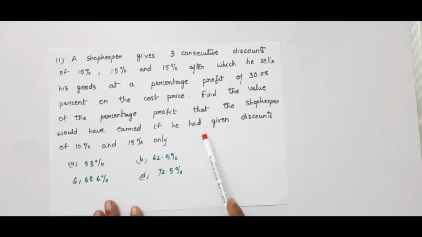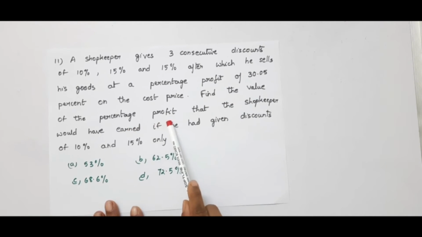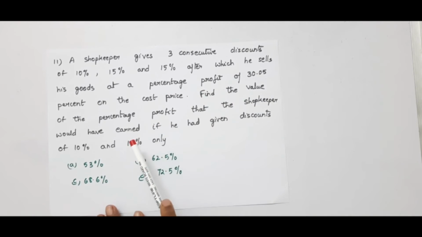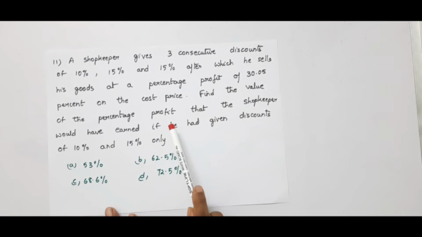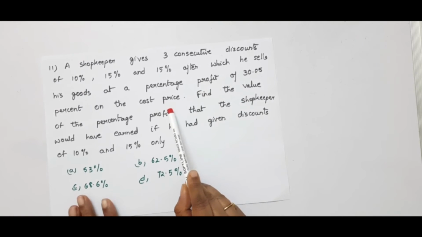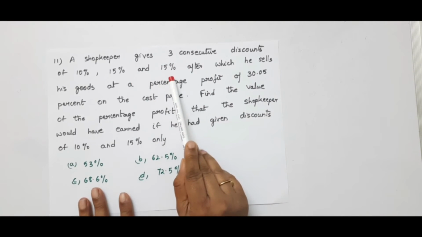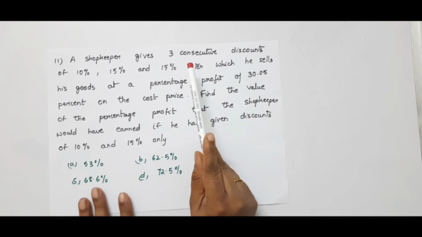So here he has to find the percentage profit. That is, we have to find the profit percentage for these two successive discounts. Is it not? So using this selling price, we have to find the percentage profit. But we need the cost price. They didn't give the cost price. So using the first sentence, we will find the cost price for this type of problems. Is it not? Here he has given the discounts, but he didn't give the market price. Is it not?